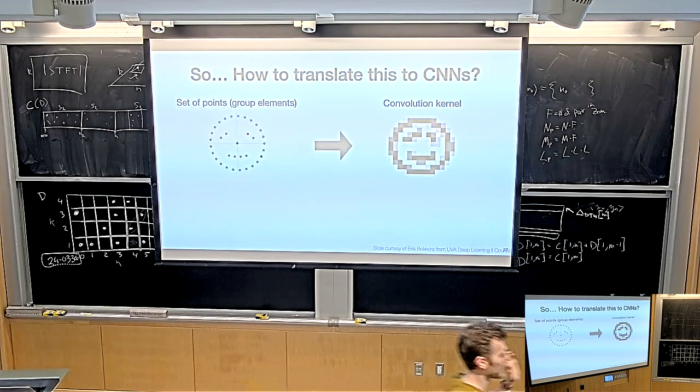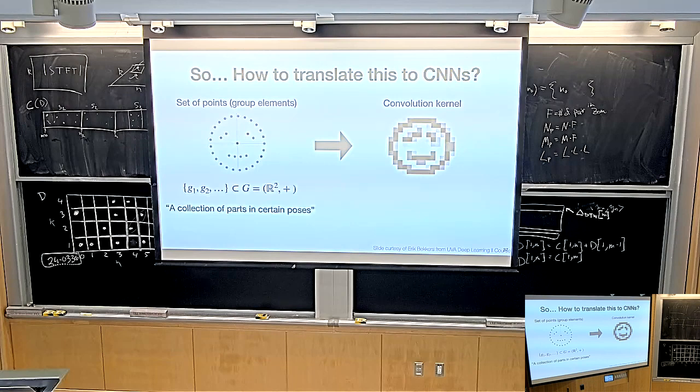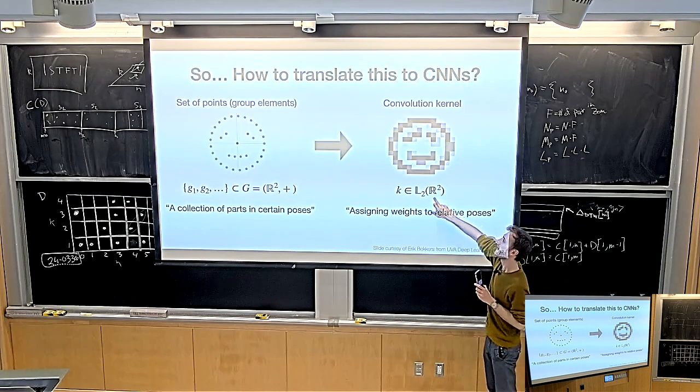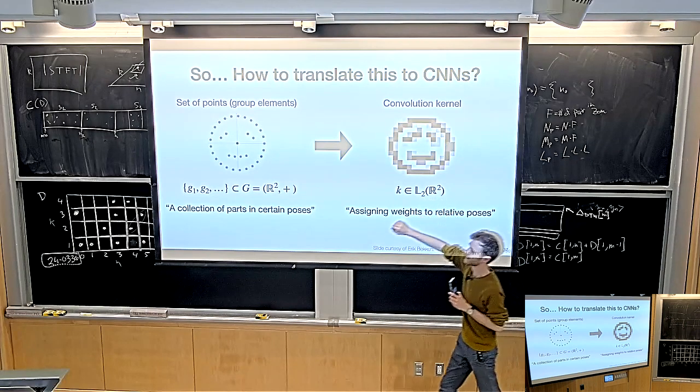Okay, so now we have all of this new vocabulary. How can we use this to actually build convolutional neural networks now? Or how can we use this to build neural networks that are invariant or equivariant, or what does it even mean? That basically know about the structure of these groups. So unfortunately, we still need to introduce a little bit more notation. The first thing to differentiate between is that there are